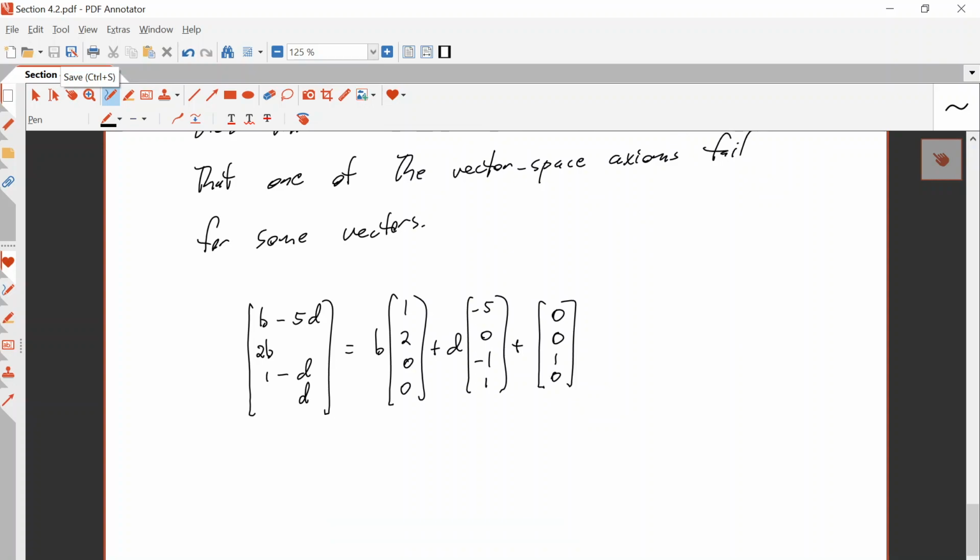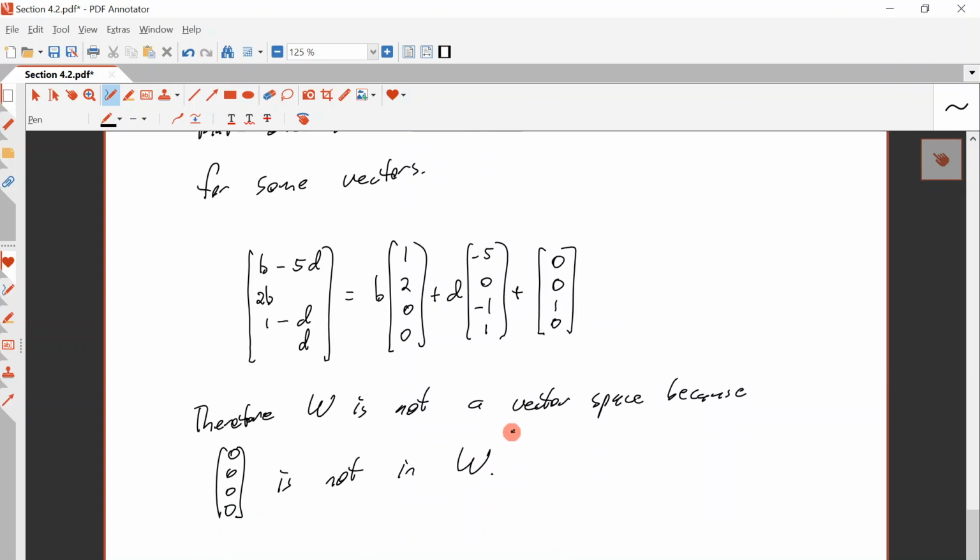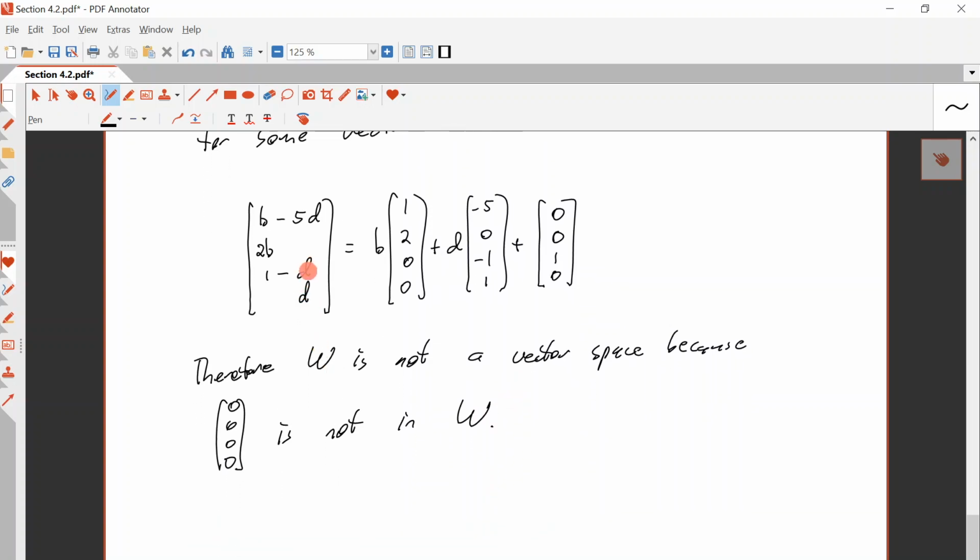Well, why is this not a vector space? Well, a vector space always has to have the 0 vector. So therefore W is not a vector space because it doesn't. The 0 vector is not in W. Why? If we were to get 0, 0, 0 in W, so to have